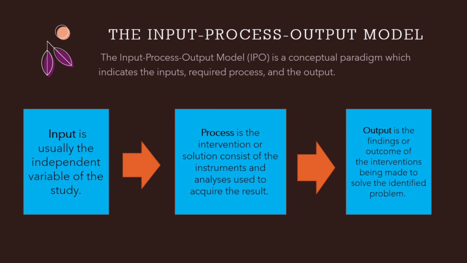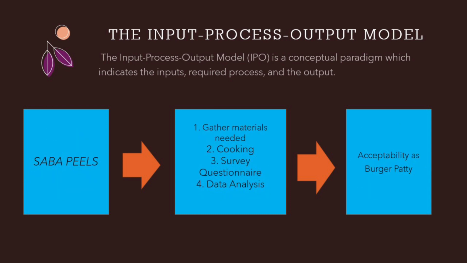is also referred to as a functional model that is usually used in action research where an intervention or solution is necessary to solve the identified problem. So the input is usually the independent variable of the study. Meanwhile, the process is the intervention or solution, which consists of the instruments and analysis used to acquire the result. And lastly, the output is the findings or outcome of the intervention being made to solve the identified problem. So, for example, as you can see,